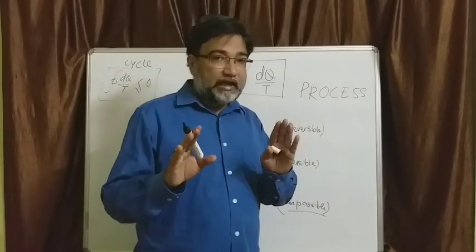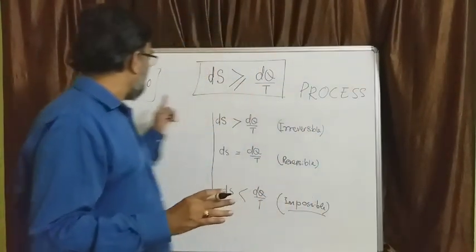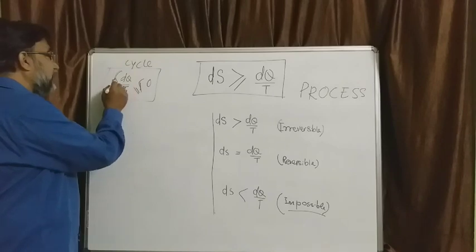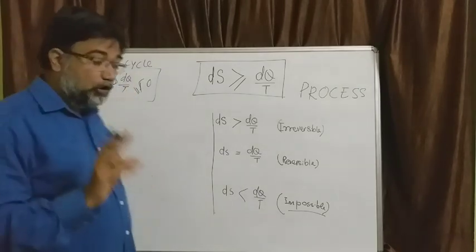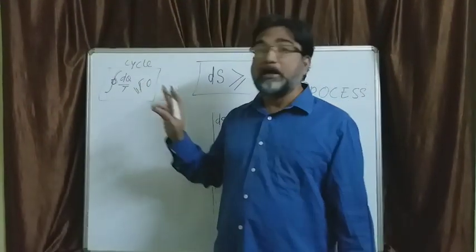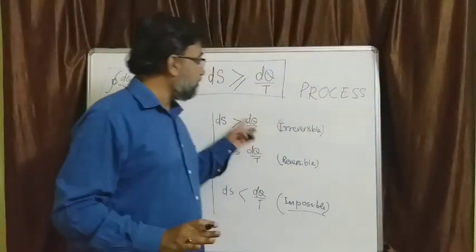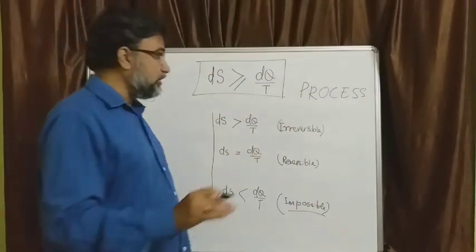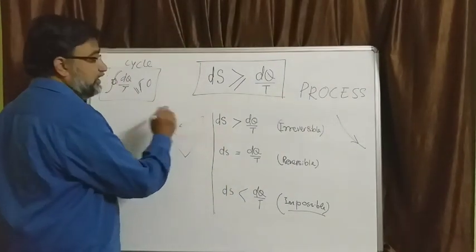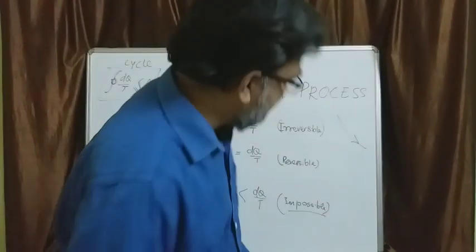And please have a clear sense of distinction between this greater than or equal to and this less than or equal to. This less than or equal to is for the cyclic integral of dq by T, and this is for cycles. For a reversible cycle, equal to, and for an irreversible cycle, less than. But here things are for a process. You understand the difference between a process and a cycle. So with this we can